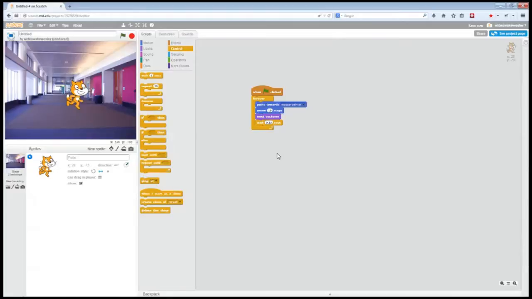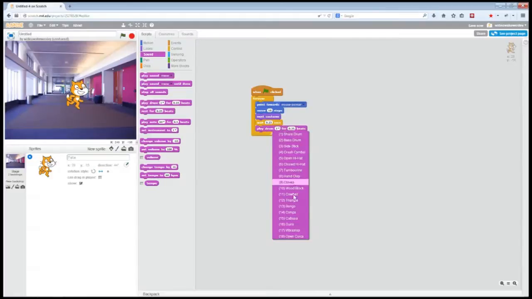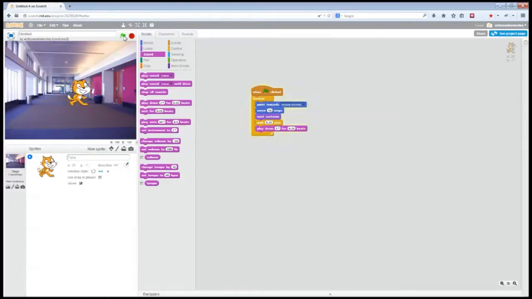Now, wouldn't it be great if he also made noises while he was doing this? So we can add in some drum beats. Now, unfortunately, you won't hear the sounds on these recordings because the recording software I'm using doesn't pick up the audio for the drum beats. But in order to do that, you go into the sound section and you can pick up a drum. So we can drop that in there and that will play the drum of type, whichever one you pick, and it'll play 0.25 beats. So when you start your program, then you can hear him move around. You might be able to hear that on the microphone,